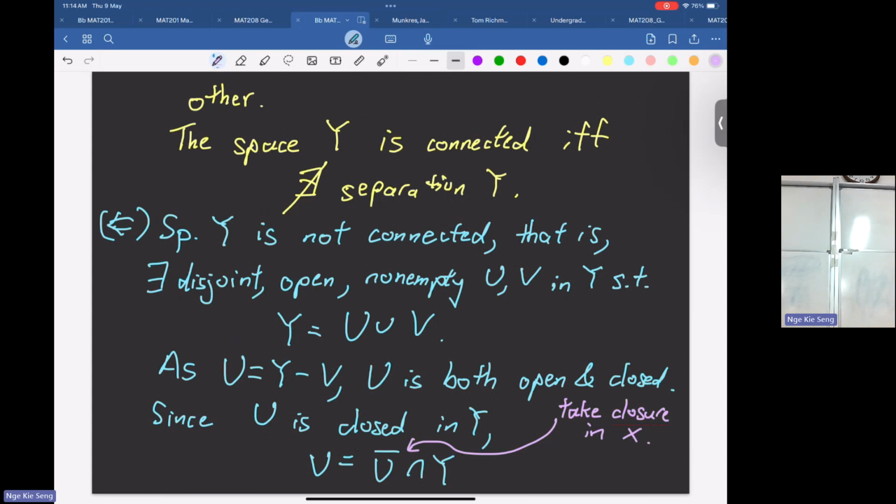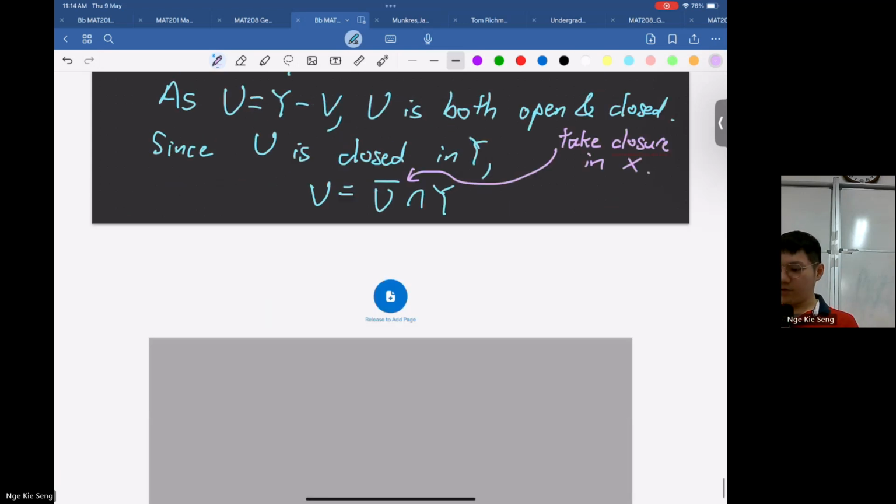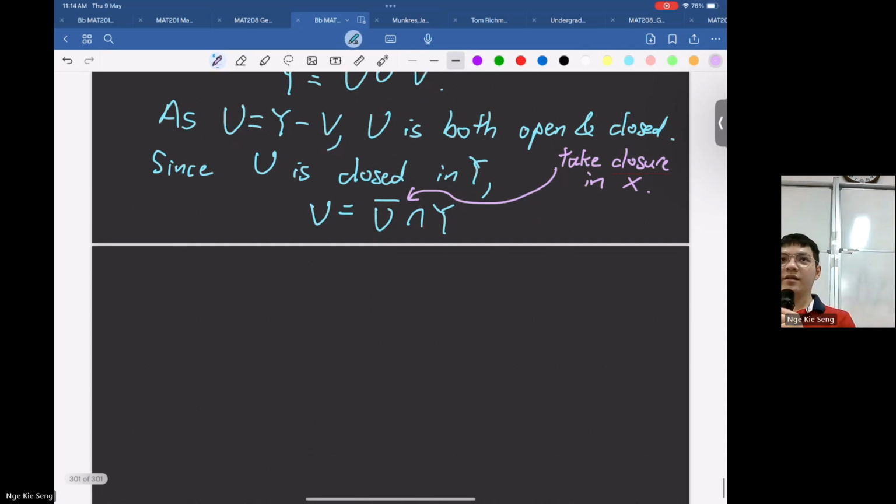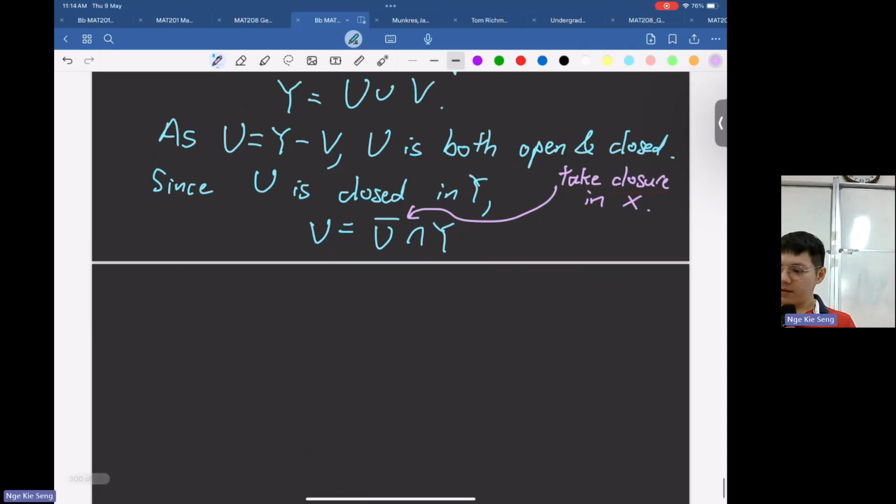It has every limit point in Y. Okay. In particular, you can gain this limit point from the closure of U in X. Yeah, right, U in X. Okay. Any question on this one? Okay. So since